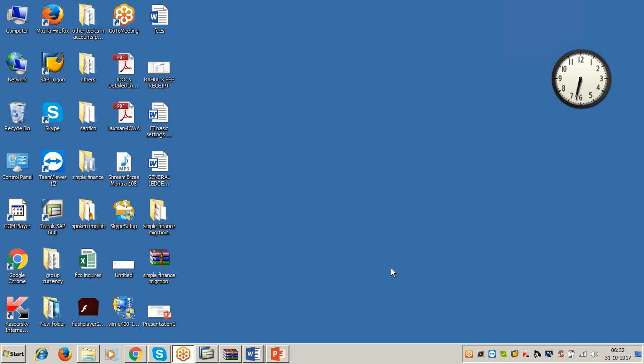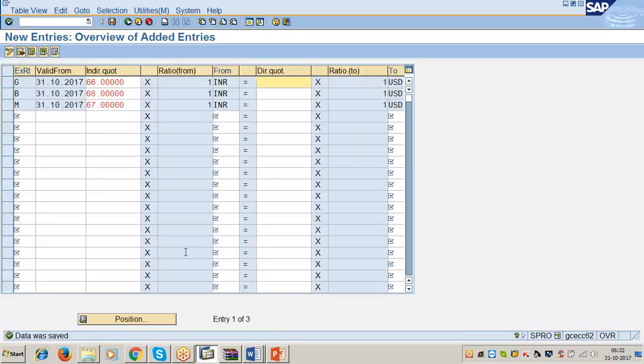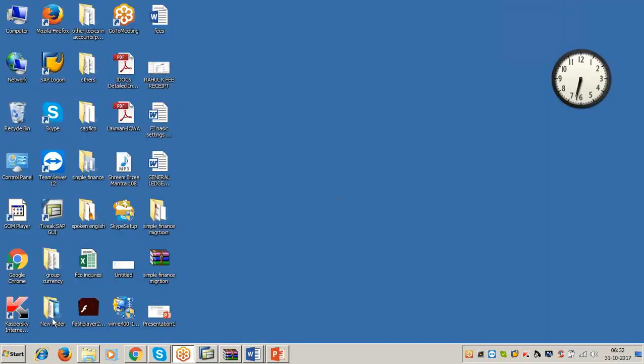Suppose if you are dealing with 5-6 foreign currencies, then the user can enter the rates every day manually in the same transaction code what we have done. Okay. Suppose if you are dealing with more than 50 currencies, for example, then the user can prepare one Excel sheet. That Excel sheet can be uploaded into SAP. That is one method. Otherwise, there are some internet sites